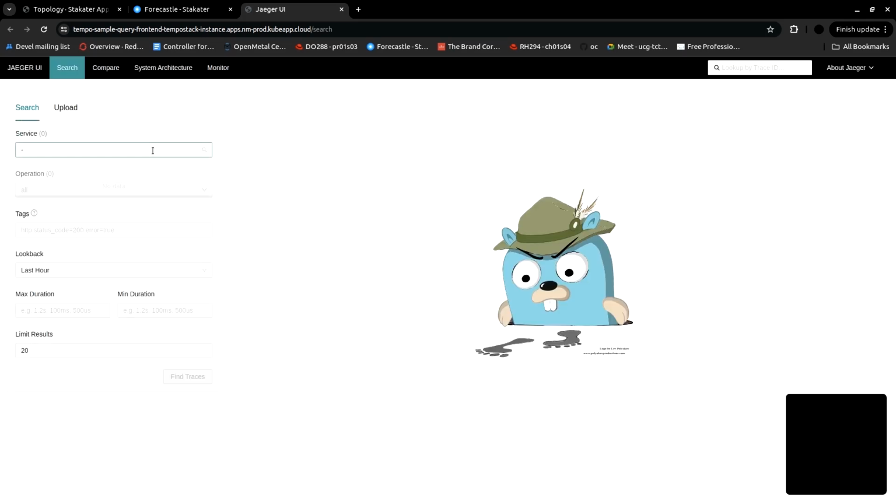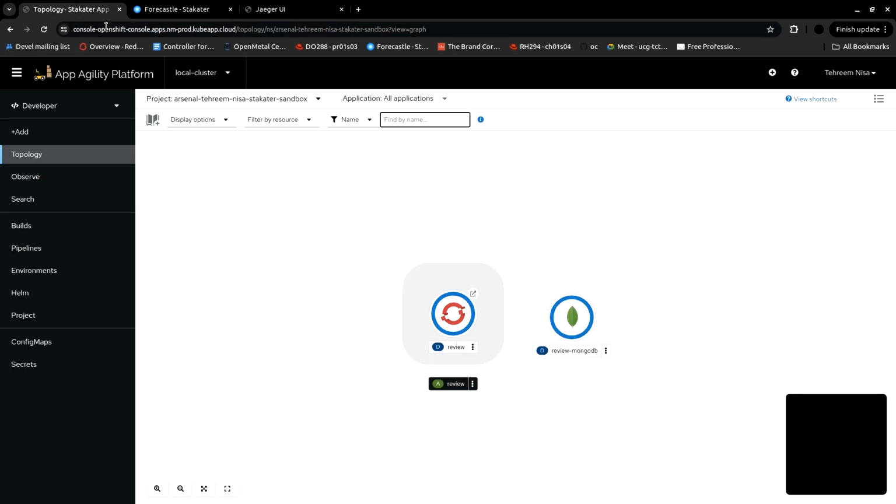it will show me the available traces in the cluster right now for me. So currently there is nothing showing up because I haven't exported any traces. And now I'll go back to the console. Over here in the console, we can see there are two applications running, but I will set up another application